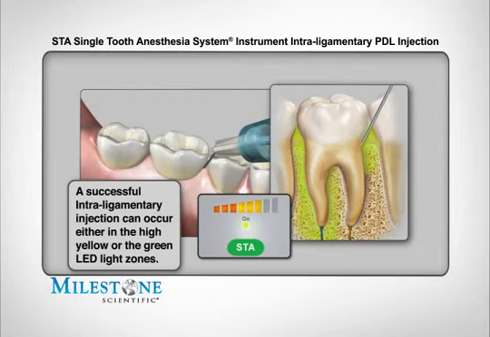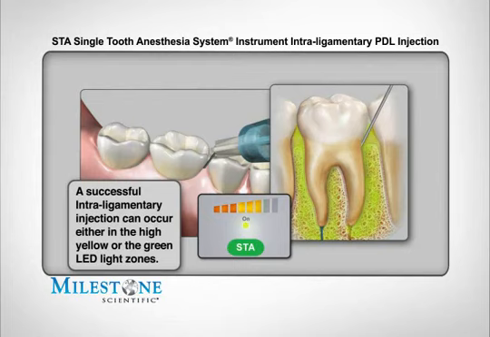The high yellow LED zone indicates that you have a high probability of being at the correct location to perform the STA intraligamentary injection. It's necessary to maintain the LED light indicators throughout the injection process to achieve success. Note that you'll not hear the audible spoken word PDL in the yellow zone. A successful STA intraligamentary injection can occur in either the green or high yellow LED zones, as both are indicative